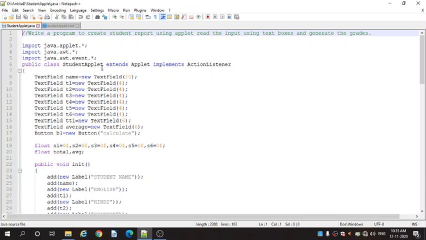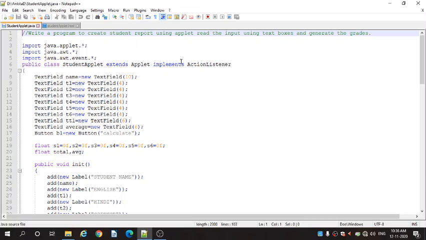Okay. So let's discuss further. public class StudentApplet extends Applet implements ActionListener. We have created here the class with the name StudentApplet, which extends the Applet class and implements the ActionListener interface.